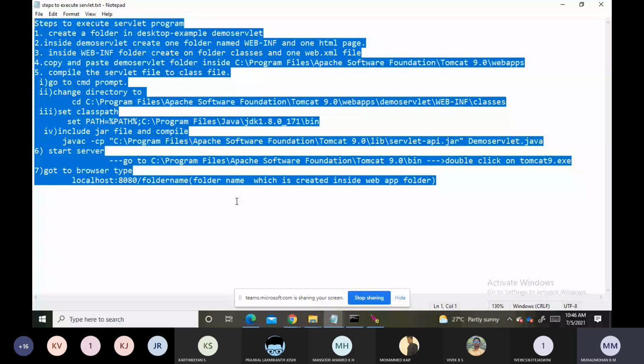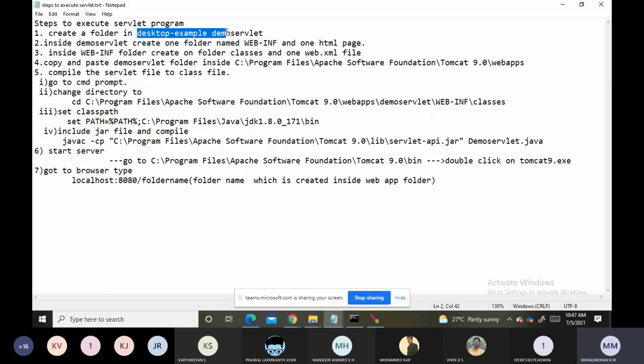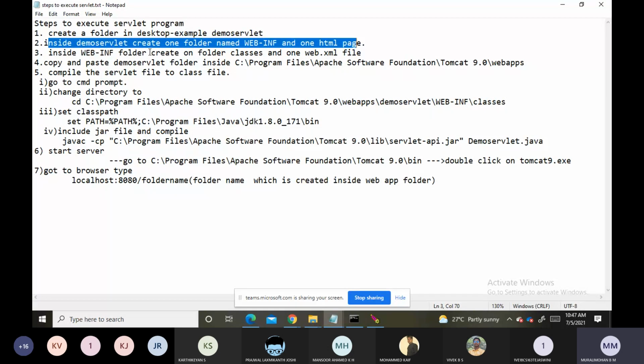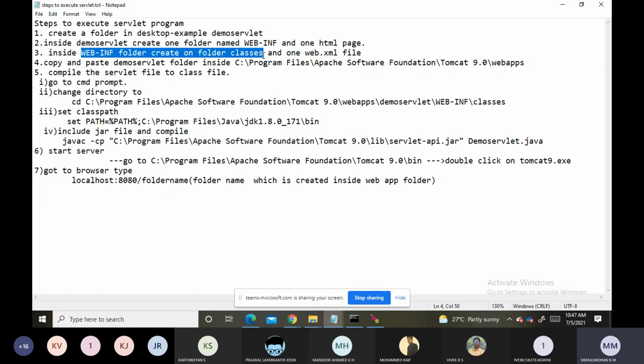First we created a folder on the desktop. Then inside that folder we created one folder named WEB-INF and one HTML page. Inside WEB-INF we created one more folder called classes and one web.xml file. Then we copied and pasted that demo servlet folder inside C, Program Files, Apache Software Foundation, Tomcat 9.0, webapps folder.